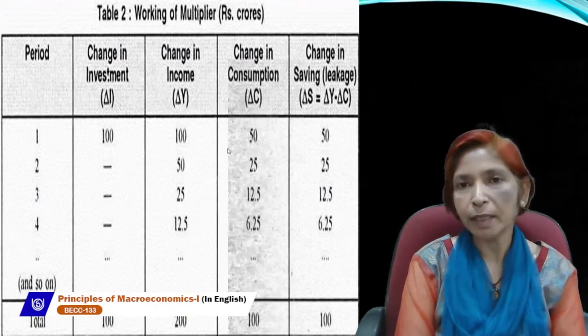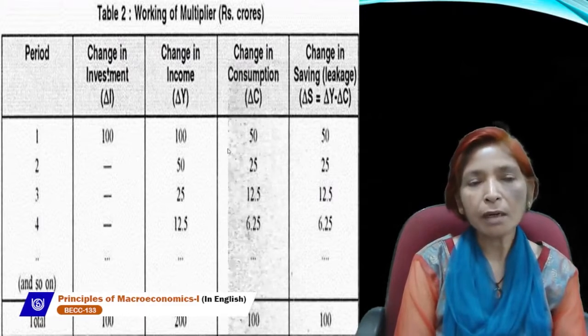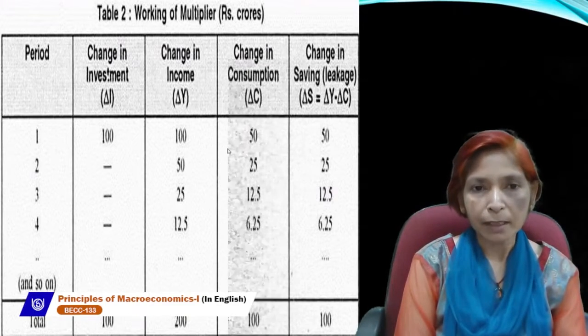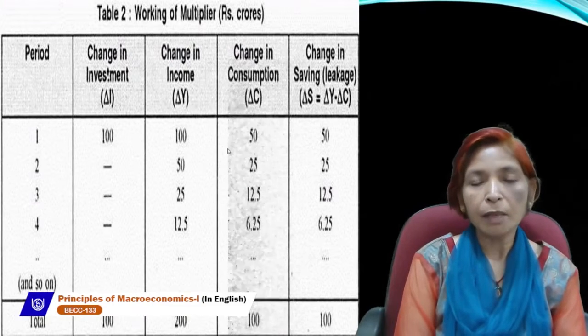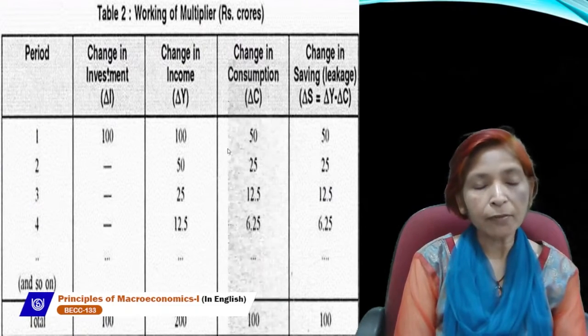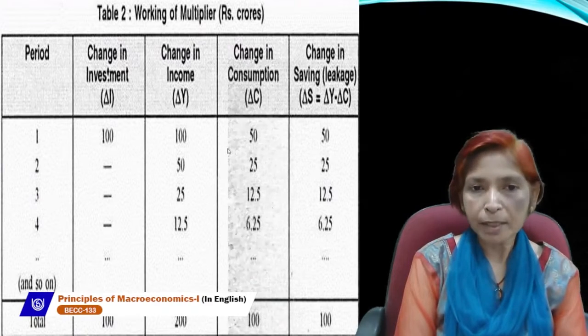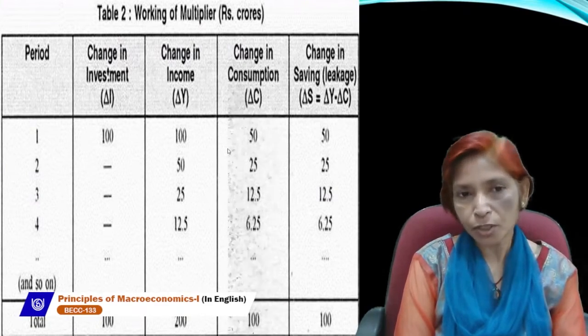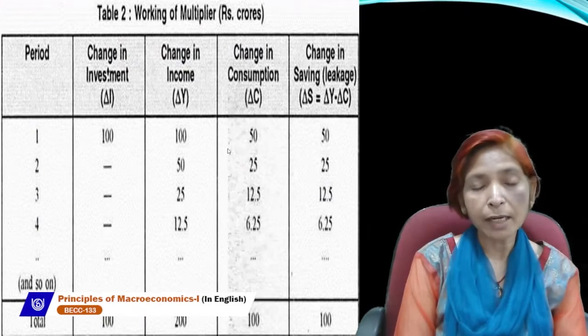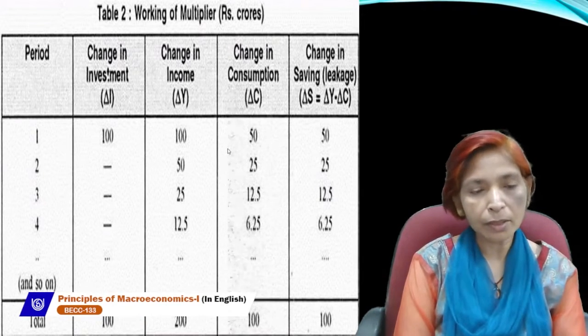These are different time periods because income will change multiply due to change in investment, but not immediately. If we invest our money at present, then definitely our income will rise in future. But it may take time like 1 year, 2 years, 3 years, 4 years,